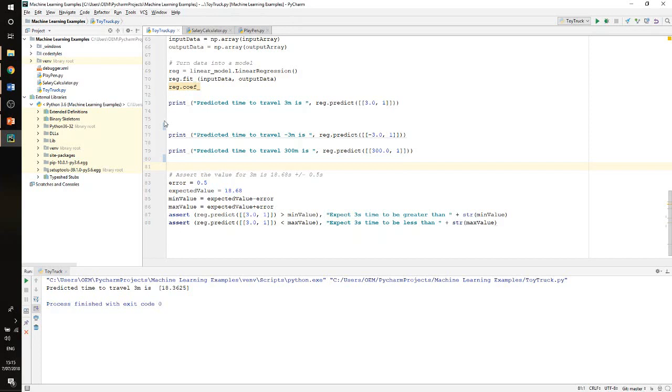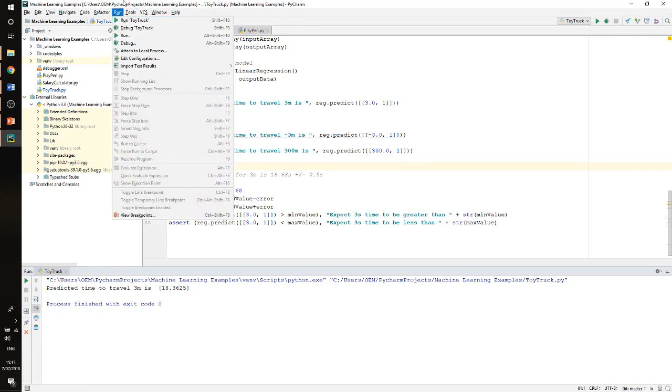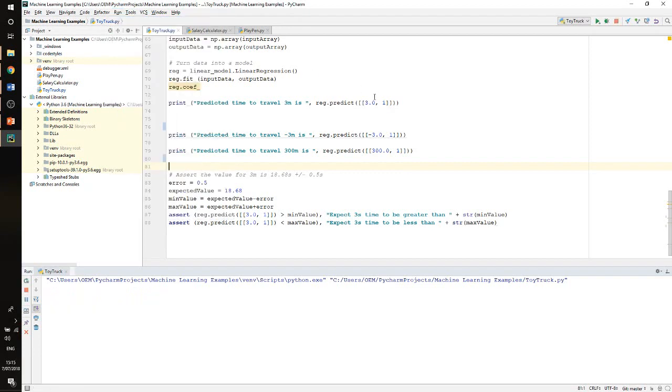What if we try and use 300 meters? What's special about 300 meters? Well, nothing really, but we collected data from 1 to 5 meters. 300 meters is way outside of that range, and yes, there should be a line there, but we are going well beyond the bounds of what we had data for. That should ring alarm bells in your brain, and you should say things like, surely it might run out of battery on such a long haul. So if we run that,